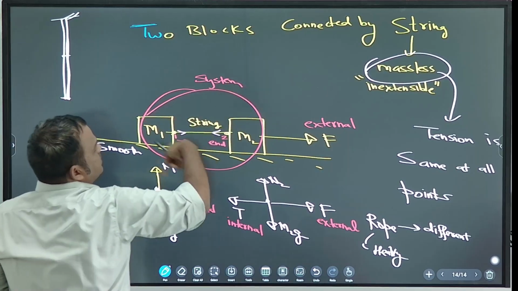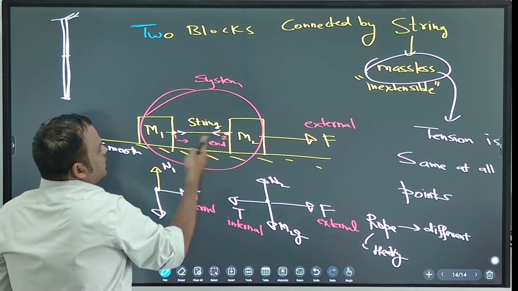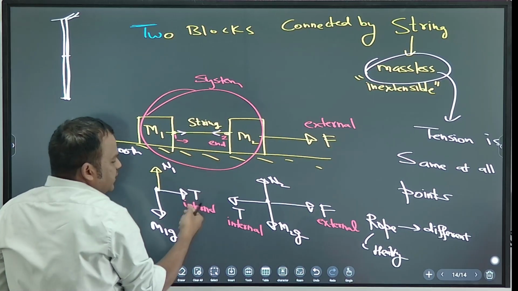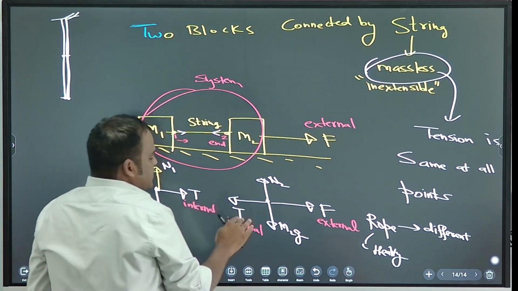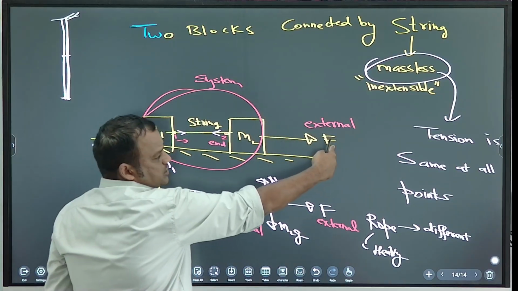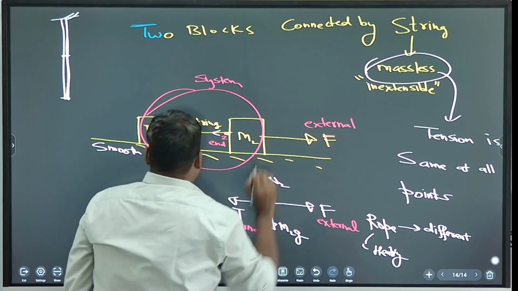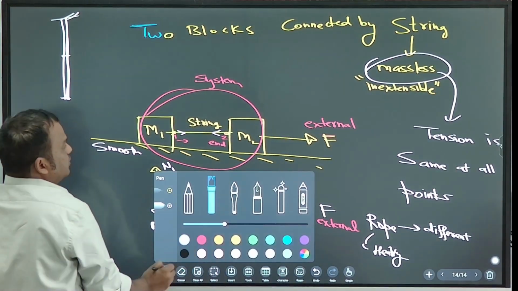So M1 and M2 are one system. So the tensions, this T and this T are internal. So they will cancel each other. So what is the external force? F. F is the external force. So you can write